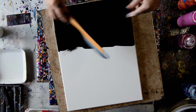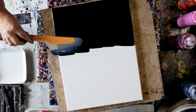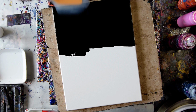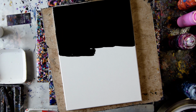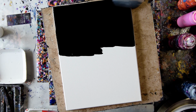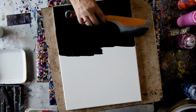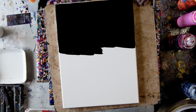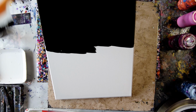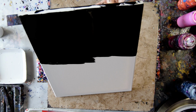Paint on my blade down. As long as I can have nice clean coverage without seeing any canvas through, then I'm styling. And I can also tap off my spatula along the edge where you can see some canvas and attempt to drag down. I'm going to take the rest of that paint and just get rid of it right on the